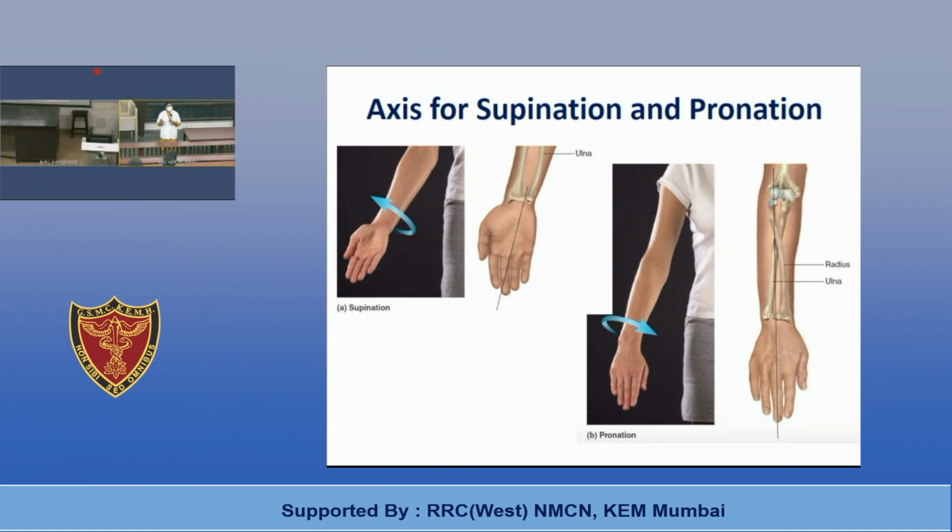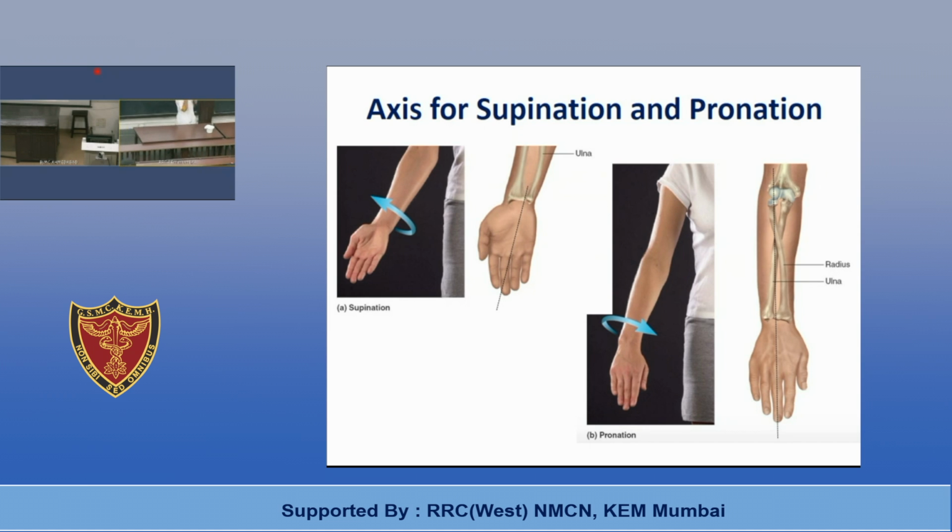So when your forearm is in mid-air, the axis for supination and pronation passes from the head of radius to the ulnar attachment of the articular disc, and if you prolong it downwards, it passes through the middle finger. Okay. And if your forearm is resting on a surface, can you tell me the axis? So I am performing this pronation and supination movement. What is the axis for this movement? Is it the same? Is it passing through the middle finger only? No. It is passing through the little finger.